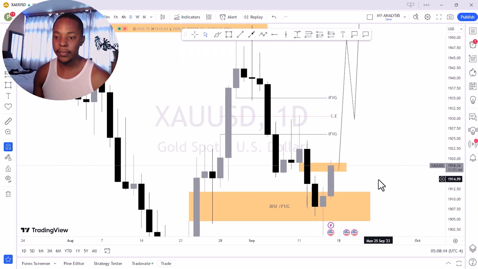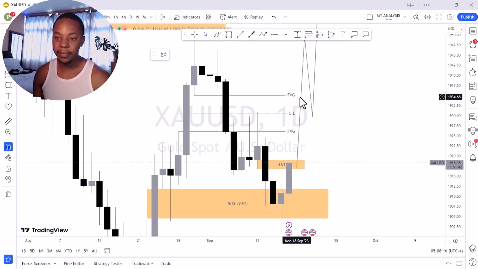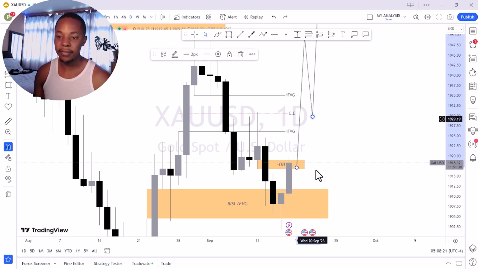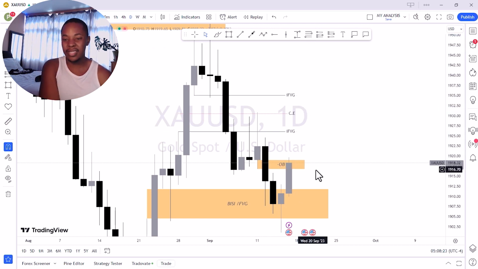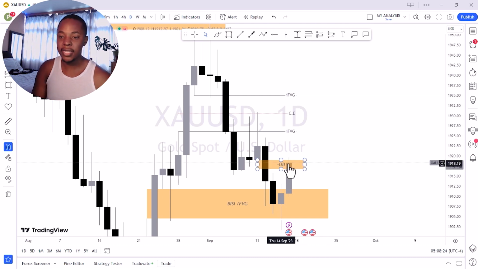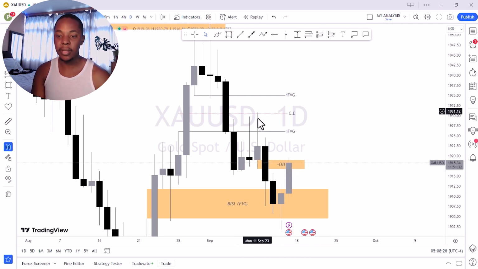So yeah, it might just reject off of that if it wants to give us lower prices. But if it goes above and closes above this bearish order block here, we might start seeing higher prices, or we might just be coming to rebalance this